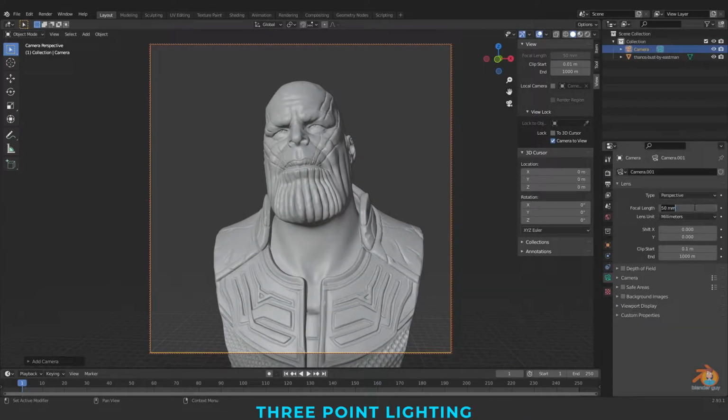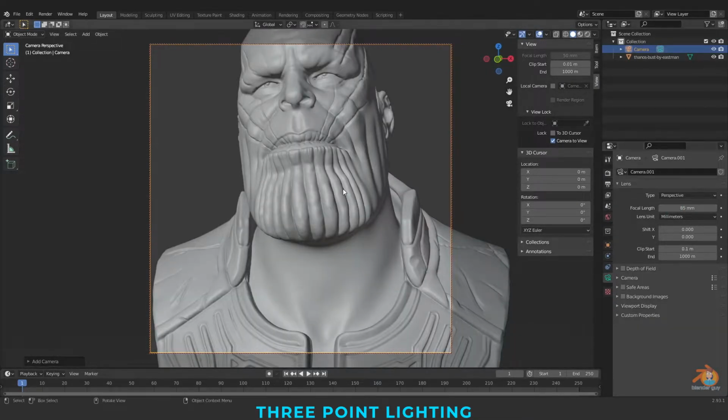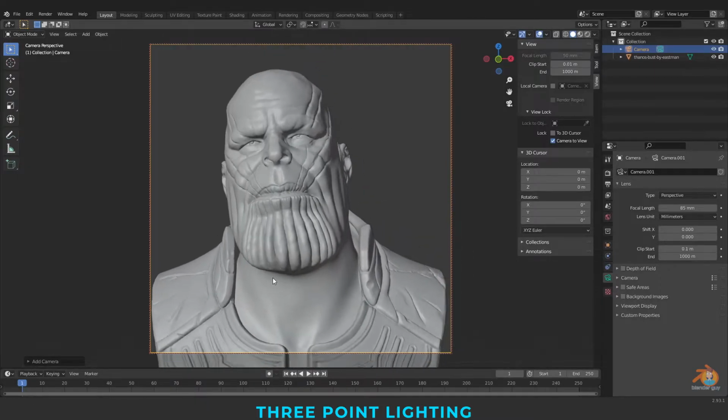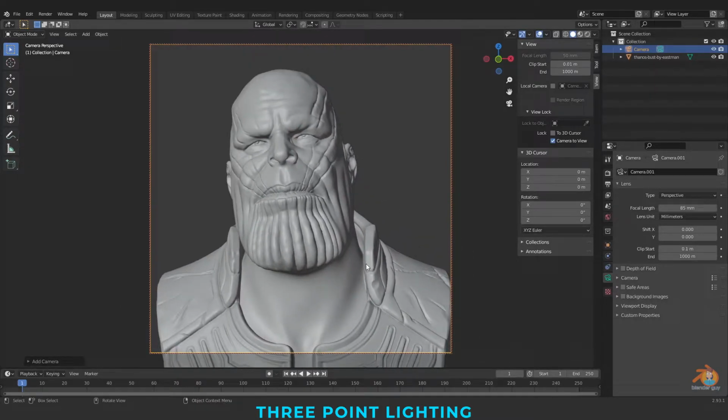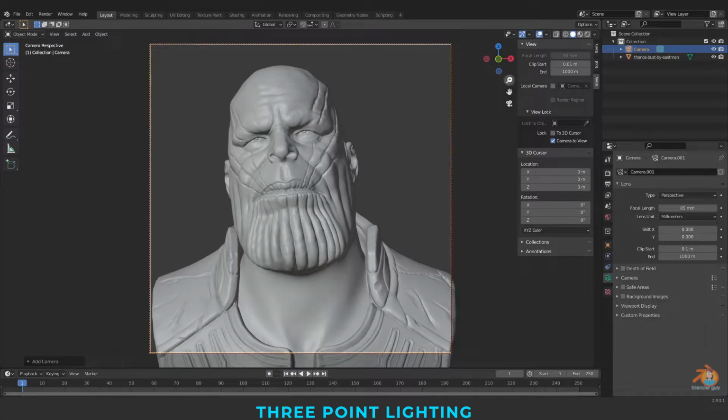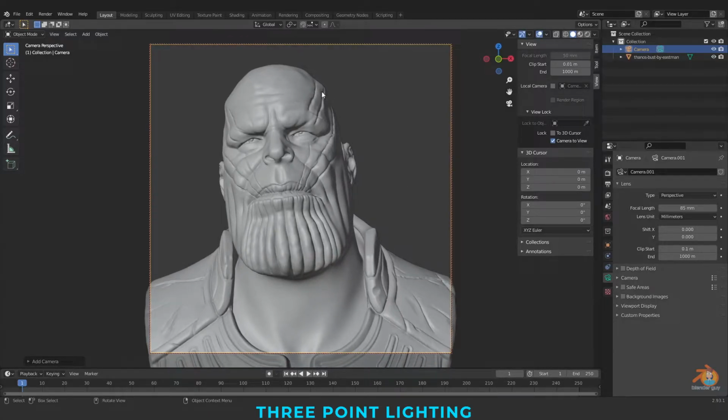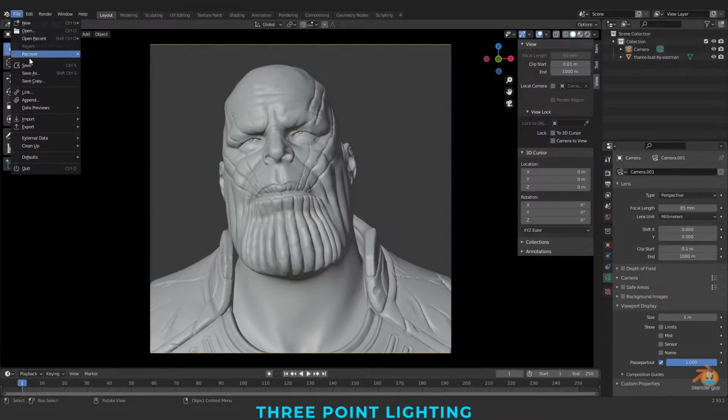And I select the camera and increase the focal length to 85, posing as if Thanos is here for a photo. This frame looks okay to me, and I'm removing this camera view and also selecting the camera. I say this in every single tutorial of mine. I'll go to the viewport display and increase this as per need. Let me quickly save the file.